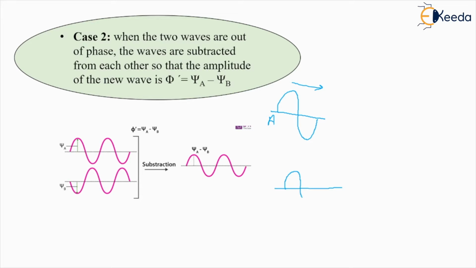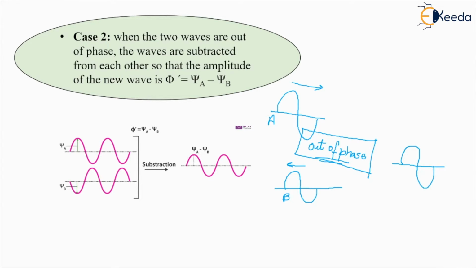Let's make wave B a little smaller, going in the opposite direction maybe. Now these are out of phase. The important word over here is out of phase. So if both of them are out of phase, the product that I'll get,